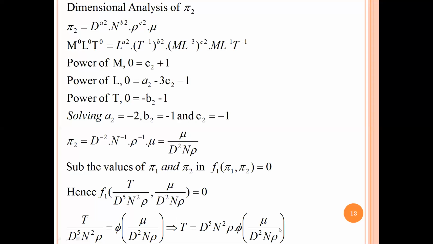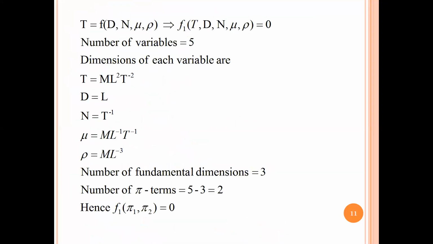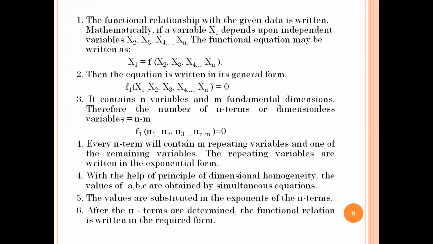So this is the standard way of doing Buckingham pi theory. If I go back to the procedure, I'm writing in the functional way, taking my x1 inside, then using the pi terms. Your pi terms are based on your number of variables and your fundamental quantities. I'm finding the value of pi by simultaneous equations, then substituting it back and retaining it in my functional relationship.